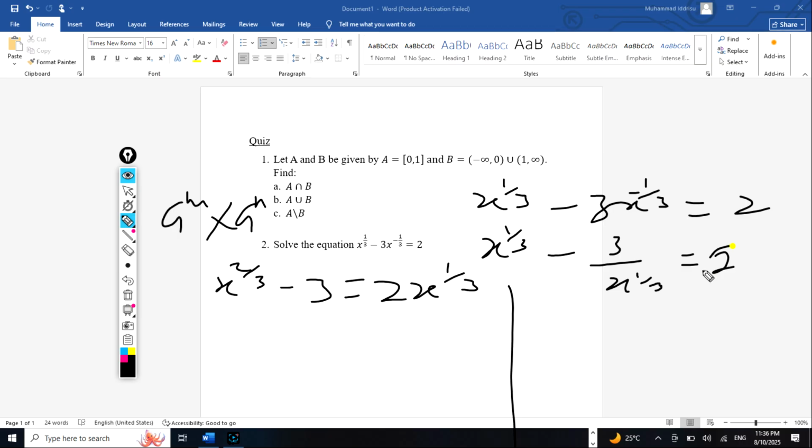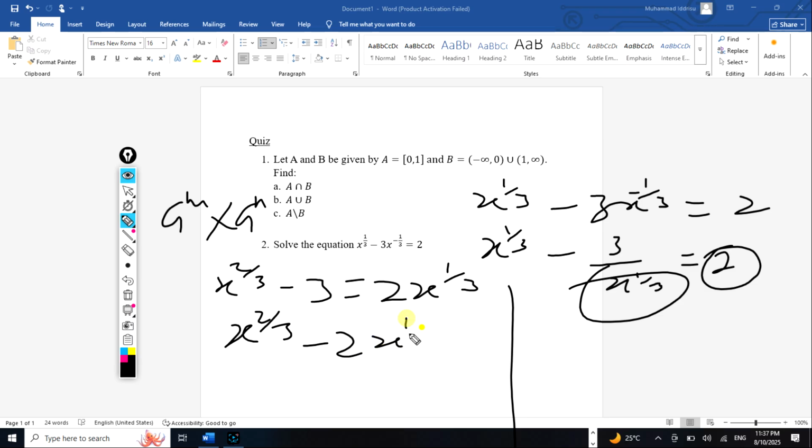You know, if we multiply this 2 by this LCM, x to the power 1 on 3, that also becomes what? 2x to the power 1 on 3. So we can have it this way. X to the power 2 on 3 minus 2x to the power 1 on 3 minus 3 is equal to